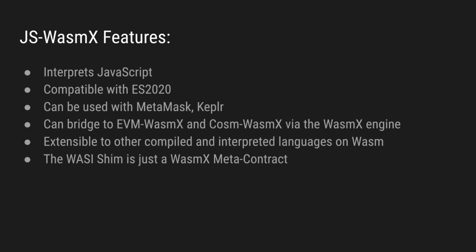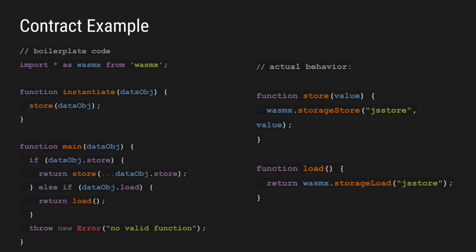They are core smart contracts in WebAssembly that extend the blockchain and are governed and upgraded by consensus. The JS-WasmX plugin that you will see demoed today interprets JavaScript and is compatible with ECMAScript 2020. It can also have access to WASI API, and it is treated as any other smart contract on WasmX. So JavaScript becomes a first-class smart contract language, and this is an example of a very simple storage contract in